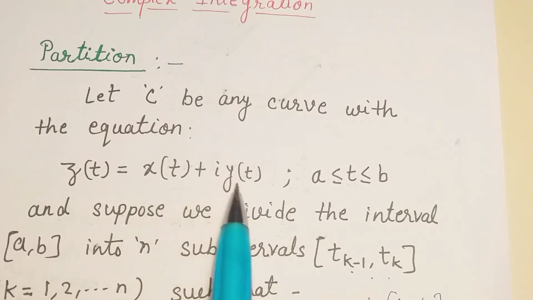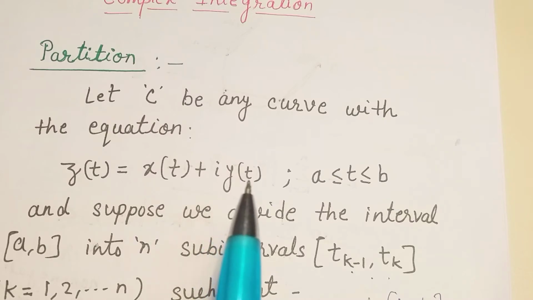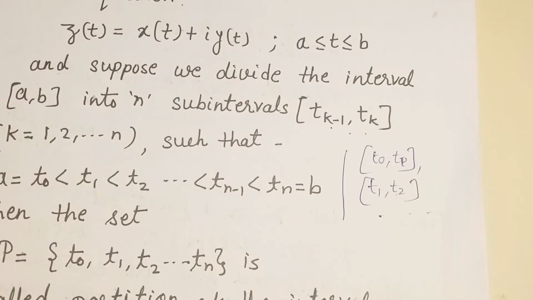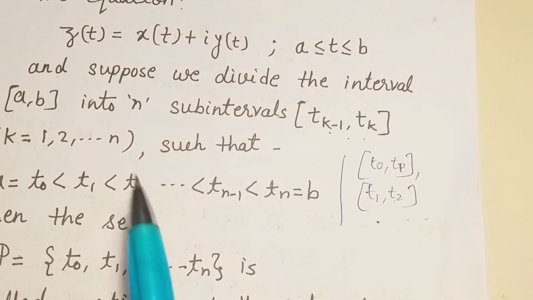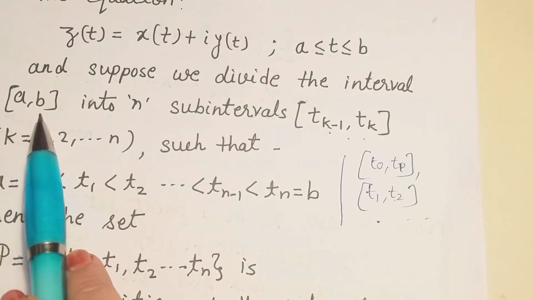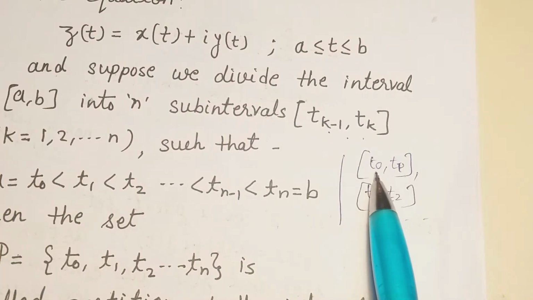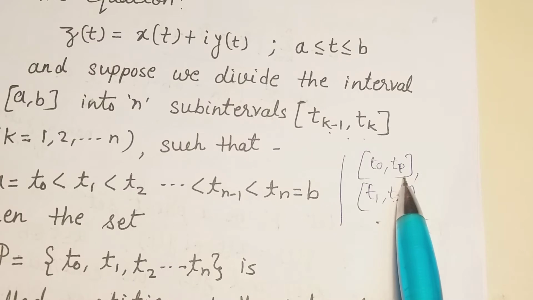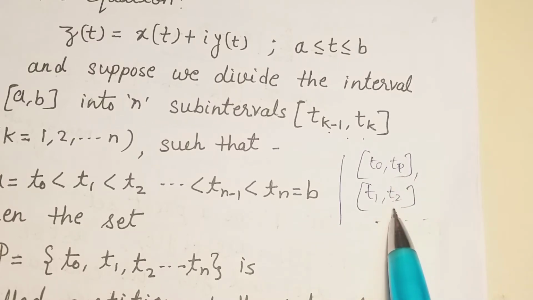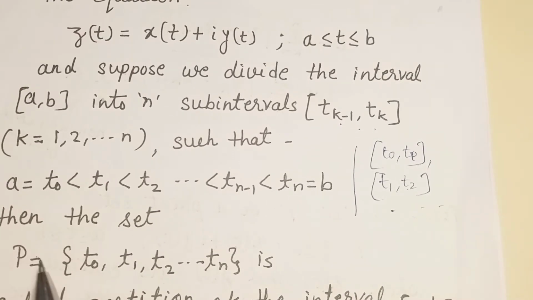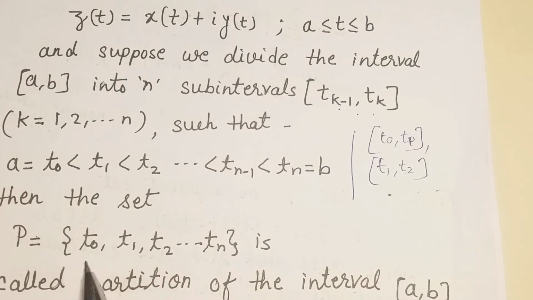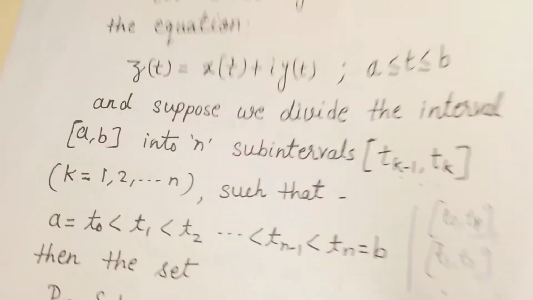Here x, y and t, they all are real valued, and we are dividing this interval [a, b] into subintervals like this. [t0, t1] is our first subinterval, then [t1, t2] is another subinterval, and like this. Okay, then the set P = {t0, t1, t2, ..., tn}, means the set of all these points,